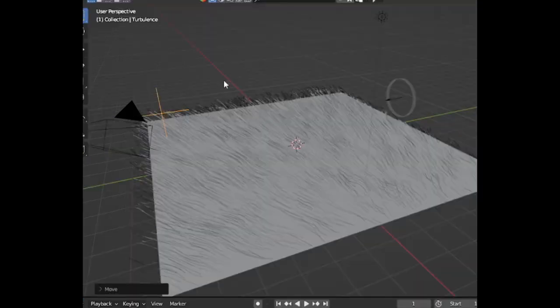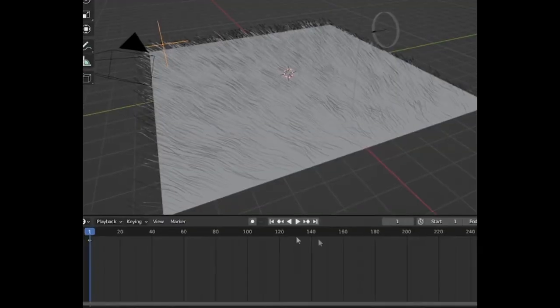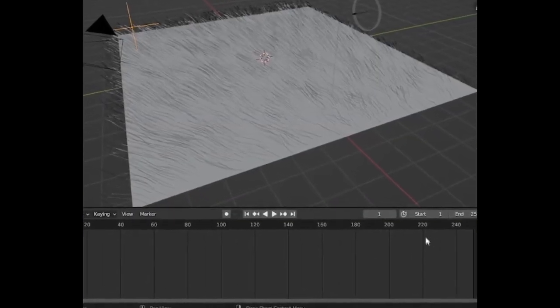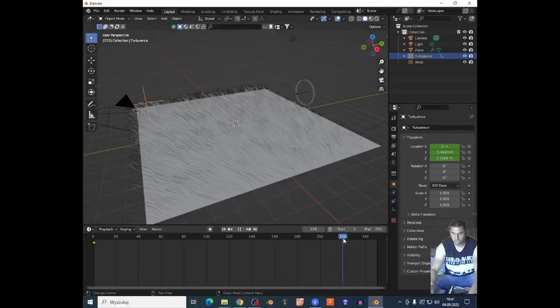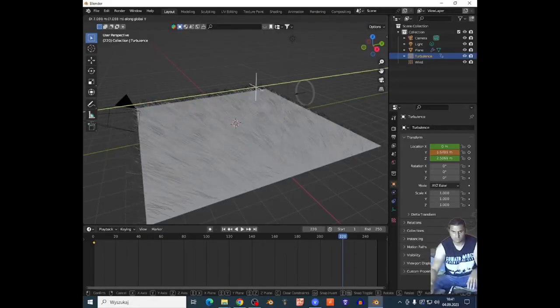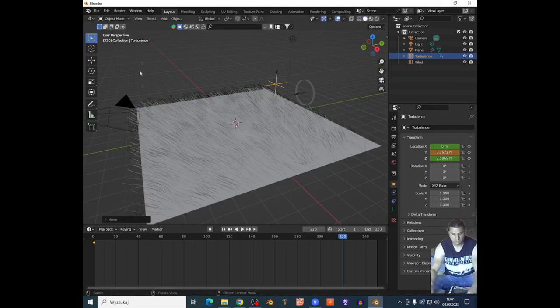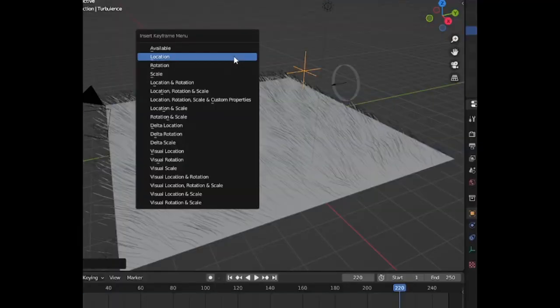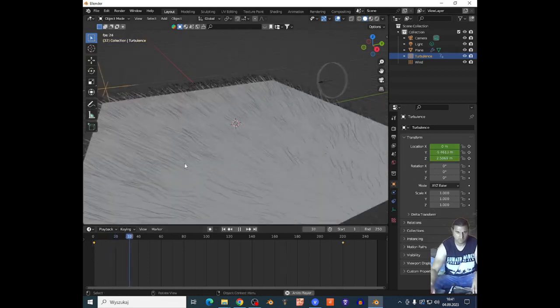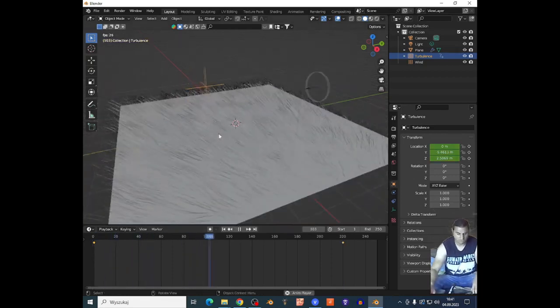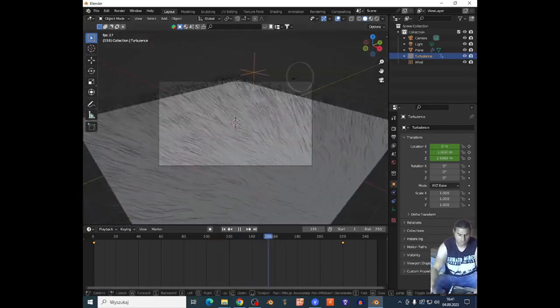Create a keyframe by I and choose location. And I'm gonna bring the timeline up and change the keyframe, maybe something to 220, and G Y I'm gonna move this direction and click I and choose add location key. If I'm gonna click spacebar, my grass should be moving, yes, should be reacting to this turbulence force field and